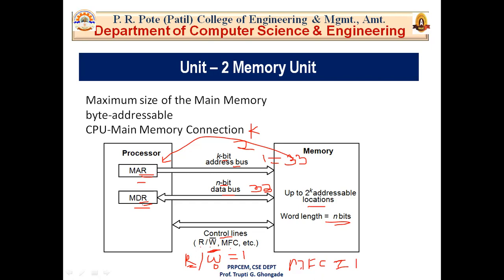Now the processor writes data into a memory location. In the read case, the processor fetches the memory address, then reads the data 33. Memory puts that 33 on the data lines, then the processor gets that 33 and puts it into MDR. This is the reading operation.